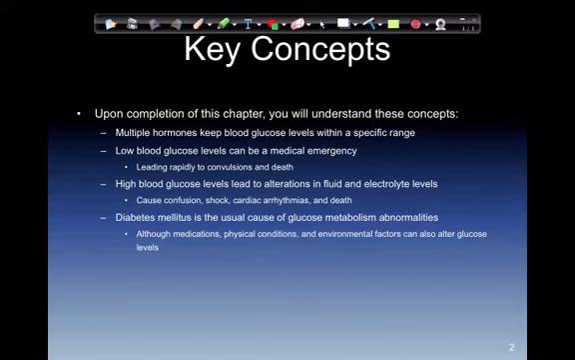Abnormal blood glucose levels can be a medical emergency, leading rapidly to convulsions and death. High blood glucose levels lead to alterations in fluid and electrolyte levels, causing confusion, shock, cardiac dysrhythmias, and death. Diabetes mellitus is the usual cause of glucose metabolism abnormalities, although medication, physical conditions, and environmental factors can also alter